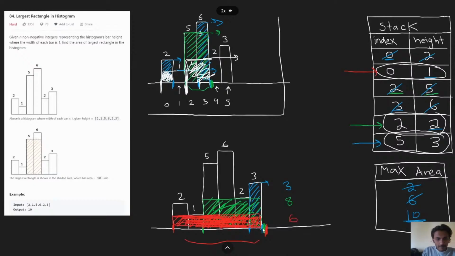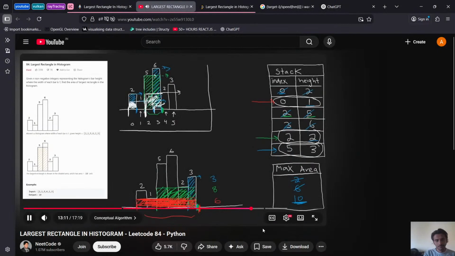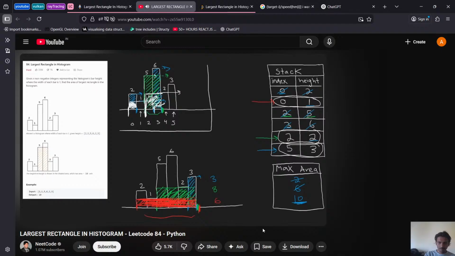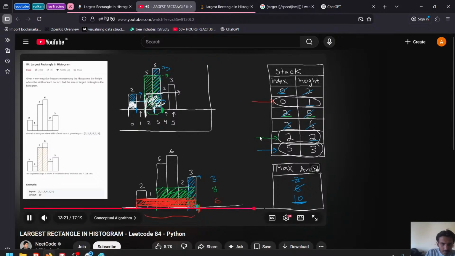This 6 is not greater than our current max area of 10 either, so that means the max area at the end is 10. So that's the result, 10. With this algorithm, we only had to iterate through the histogram once. We had to push elements onto our stack, but we had to only push